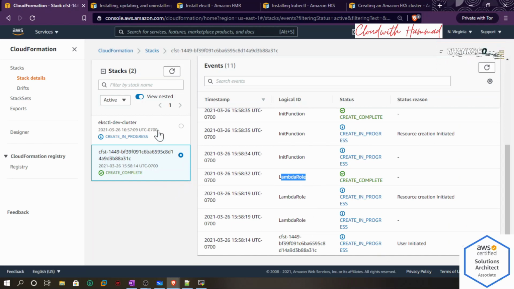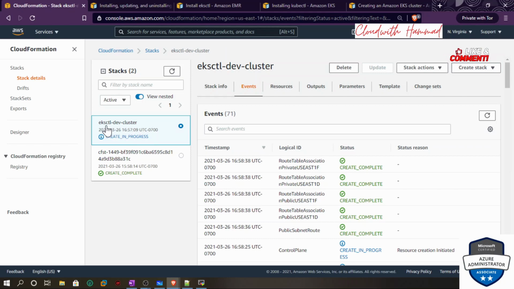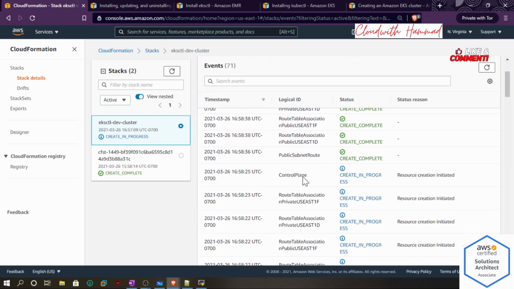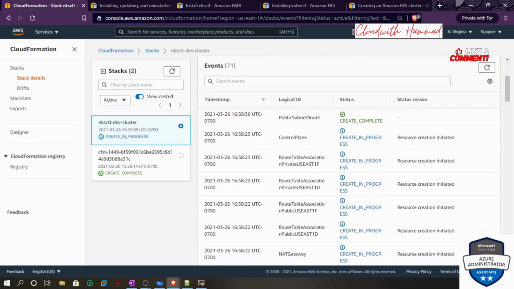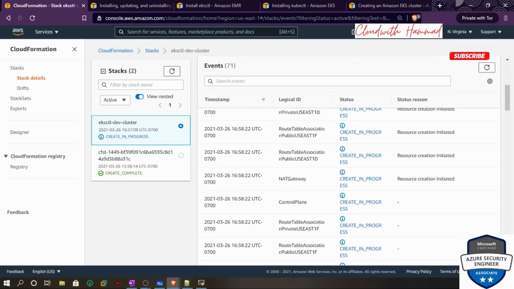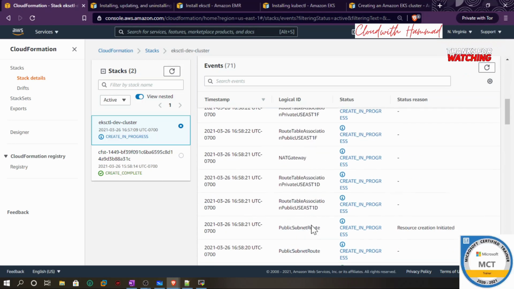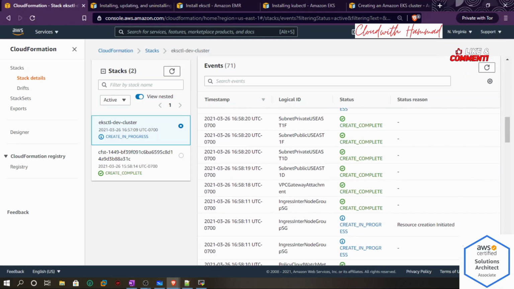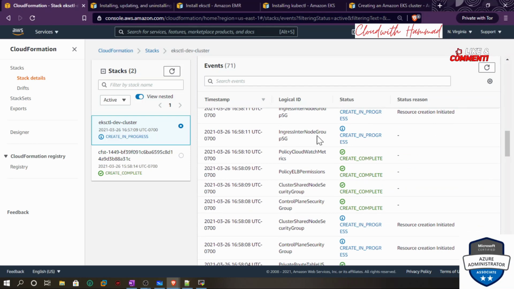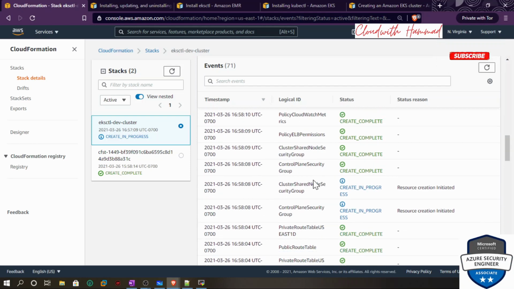Then it created the eksctl dev cluster, and you can see it's creating public IP, control plane, and then it's going to go through NAT gateway, control plane, subnet provisioning, ingress nodes, policies,